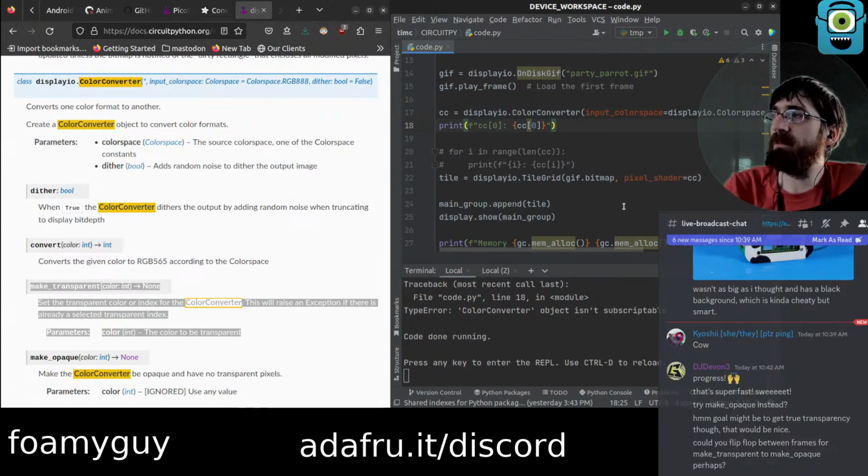Did you flip-flop between frames? I don't know for sure. Input color space.